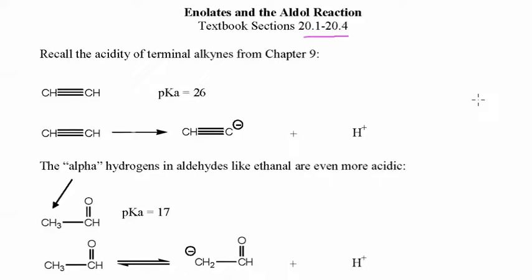Before we get to that chapter 20 stuff though, back in chapter 9 we were talking about alkynes, and one of the important things that you can do with an alkyne is remove a hydrogen that's attached to a carbon where that triple bond is. Now it takes a very strong base to do this. We're talking about NH2, called amide. That is a base strong enough to take away this hydrogen, creating a carbon with a negative charge,